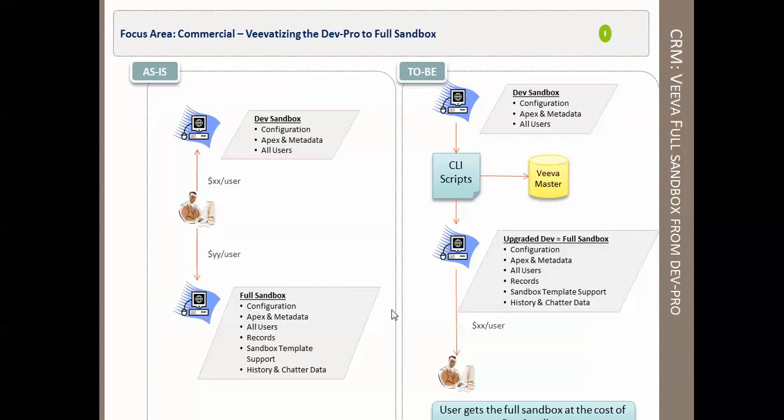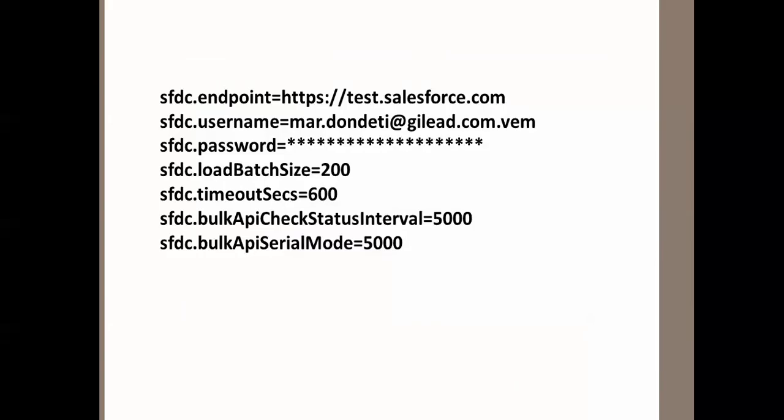If your production data is huge, you can decide the amount of data you want to bring into your Developer Pro sandbox by customizing the tool. For this demo, we are trying to add accounts and their related list components like address and affiliations. In the configured folder of the tool, the config properties file is where you can specify the source and the destination org details with login credentials. As you see, you can see the username and the password that need to be added to this configuration file. Once the configuration steps are completed, we are ready to run the tool.